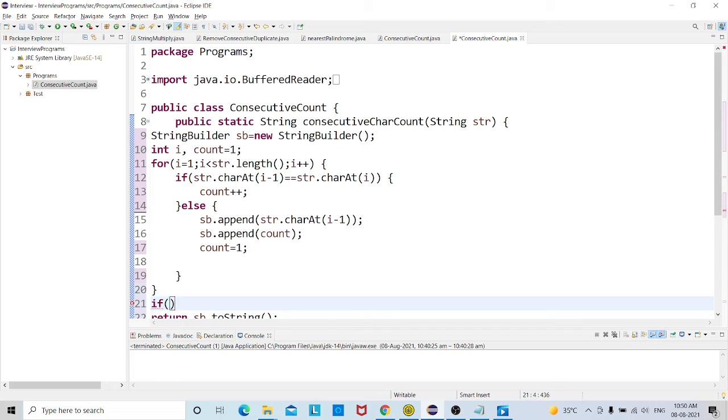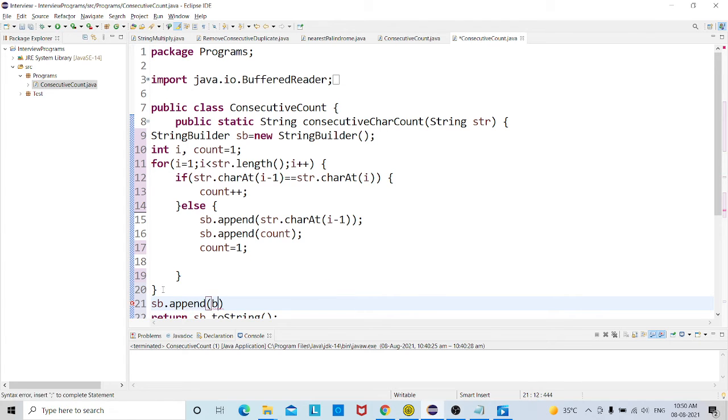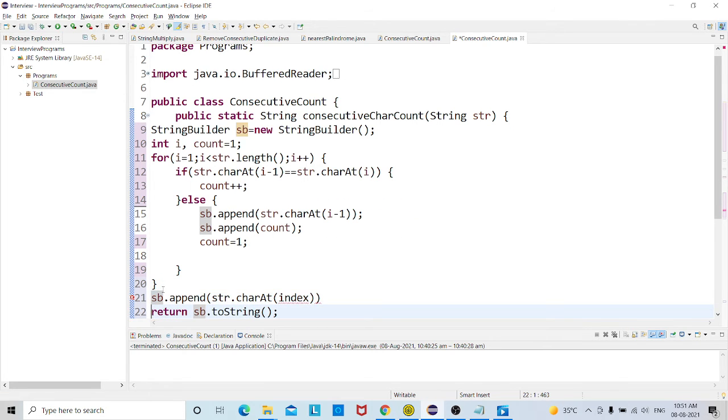So for that, we append the character at i minus 1.